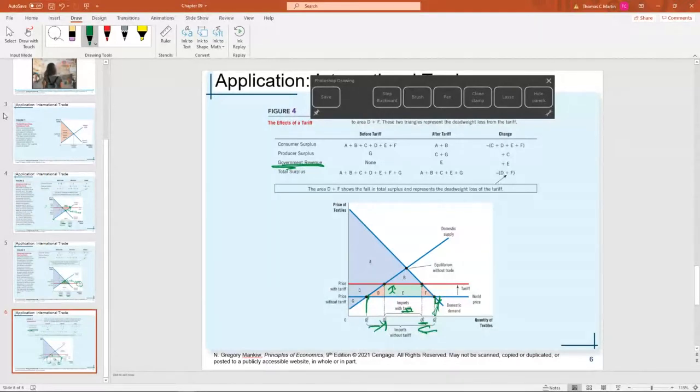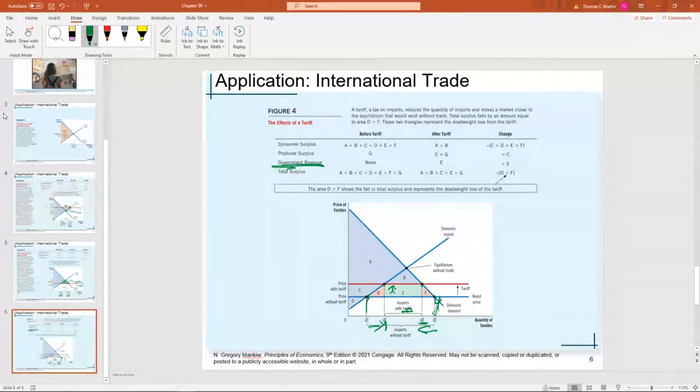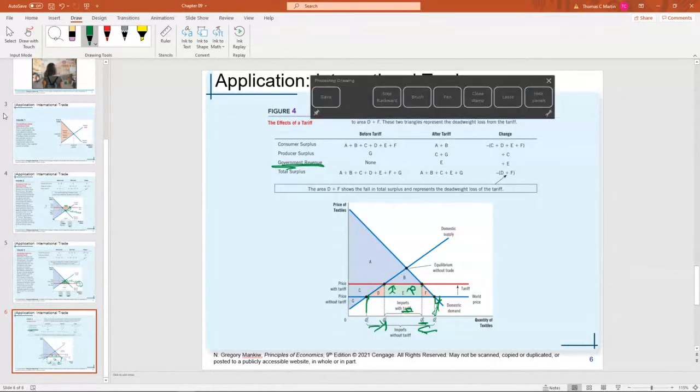So when the government puts a tariff on there, several things happen. One, they get revenue, which is what we see in E. So revenue. D and F will be deadweight loss. We can see that noted here. The D and F will be deadweight loss